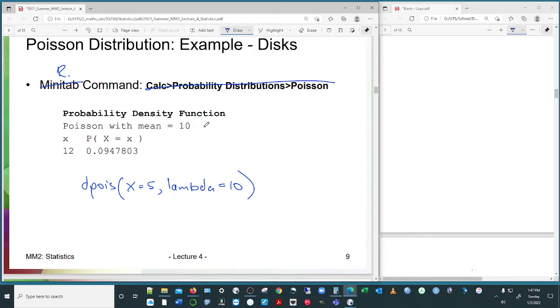Okay, so our Poisson distribution will give us the same result, and that's with a mean of 10. If we're looking for x of 12, that would have to be 12 too, so we better change that. So we've got an x equal to 12, and this will give us the value. Alright, so that's fairly straightforward, I think.